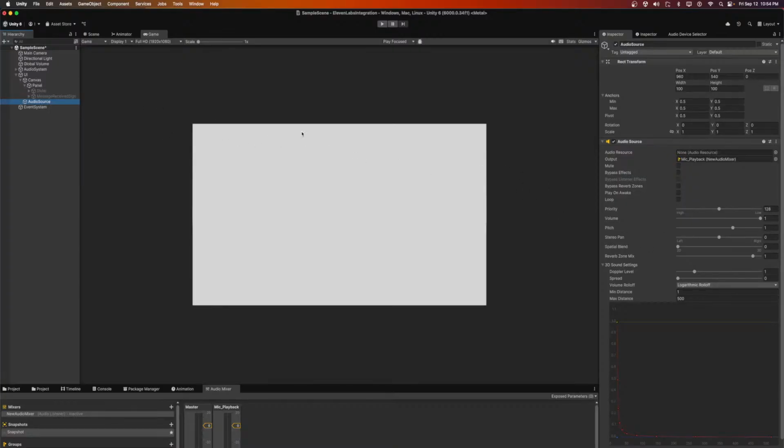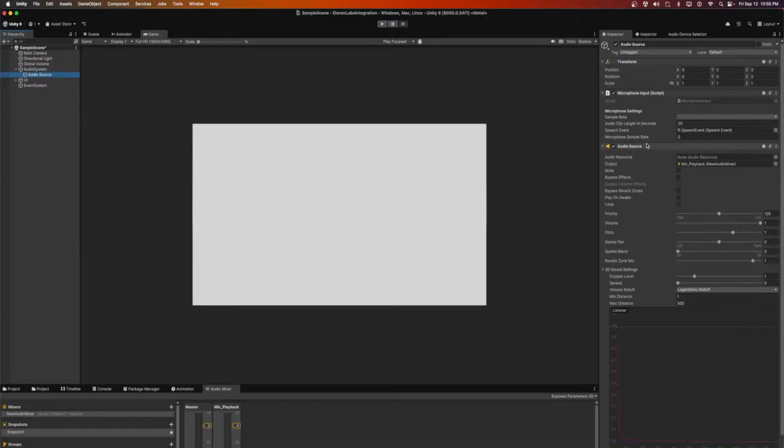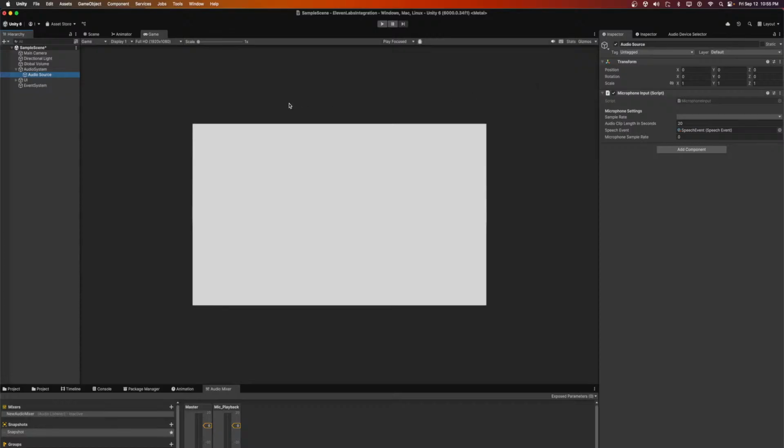Okay. And this has the right output. So I guess I can go here, and this audio source doesn't exist anymore. I don't need it. I'm gonna remove it. And I'm gonna change it to my microphone input